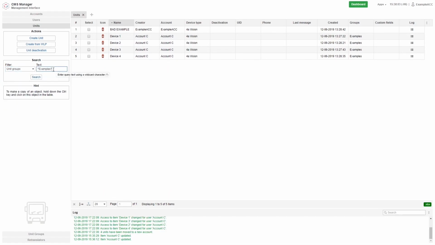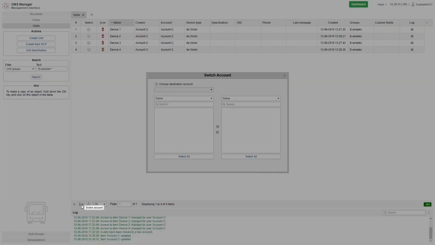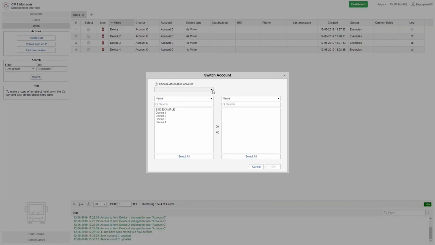If it does not match the name of the client account, in our case it is Factory 01, then you should transfer them. How to transfer. Open the unit transfer tool. It will be available only if your account has the dealer rights and can be found in the bottom left corner of the table. Find the necessary units in the left list.